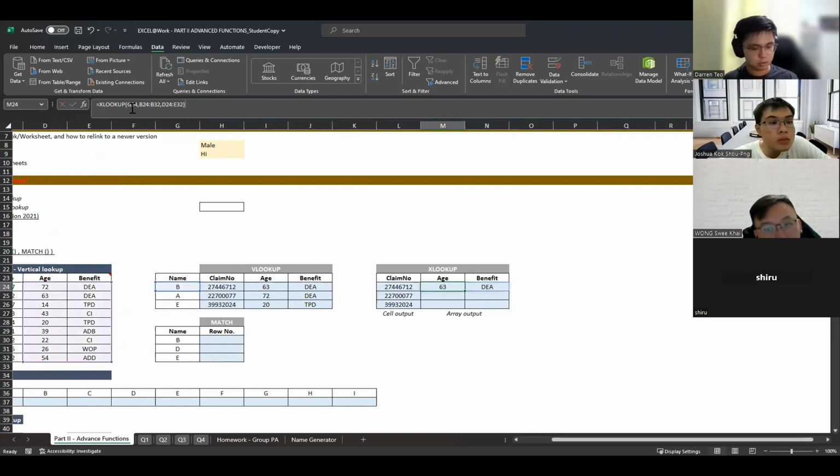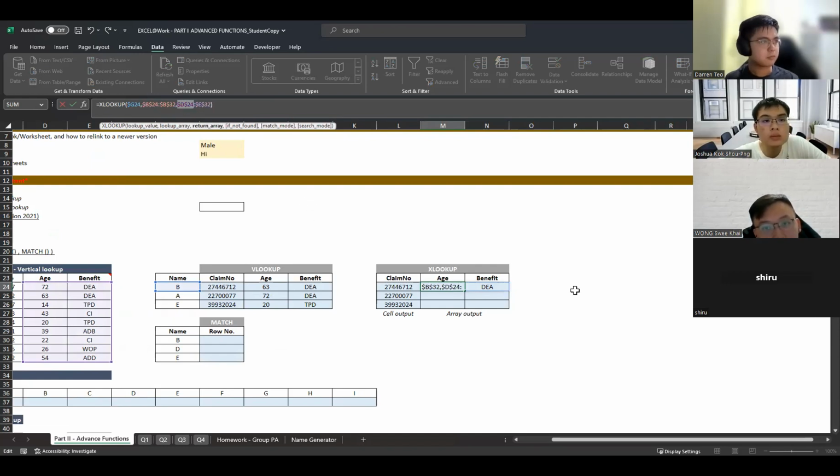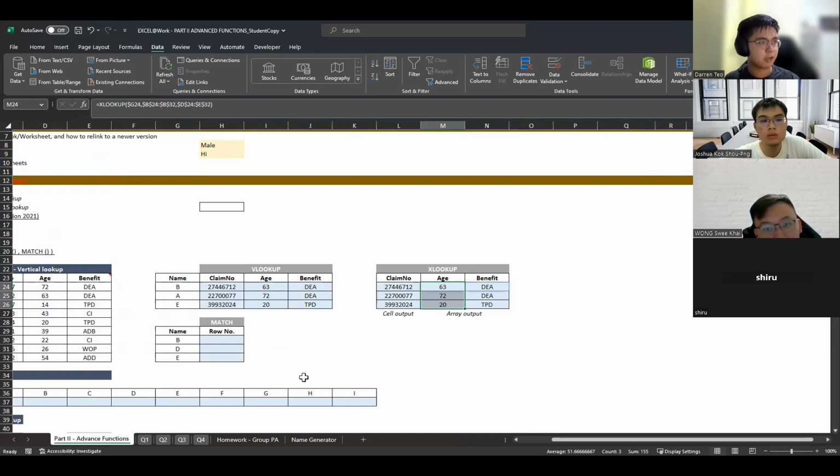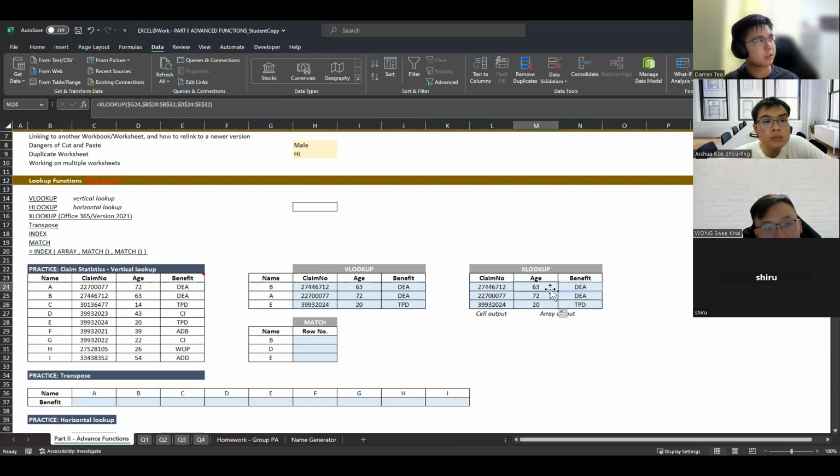And if I didn't lock it, that's my bad. I lock all this, okay. And then if I drag it down, this will give me the other two outputs that I want. But you see that I only keep one formula now. Some of you might get an error here, like a hashtag value error or something. You can click on this, and then press Control-Shift-Enter. Then this will generate the output for you in the end as well. It's just the way the old Excel works, I guess. So this will help to force the output out from there.